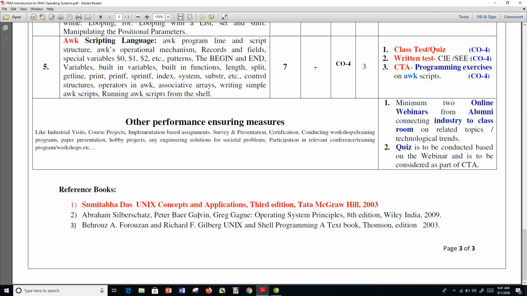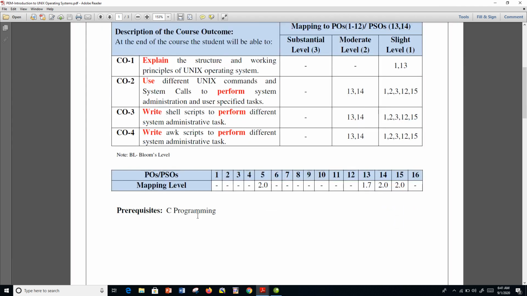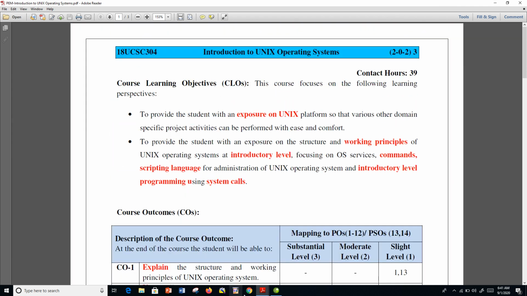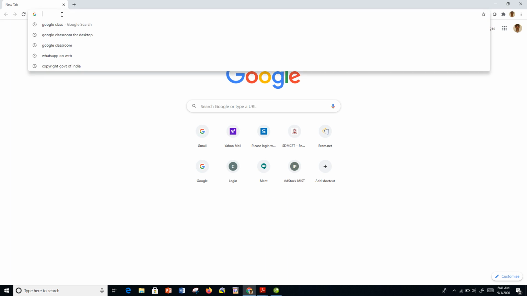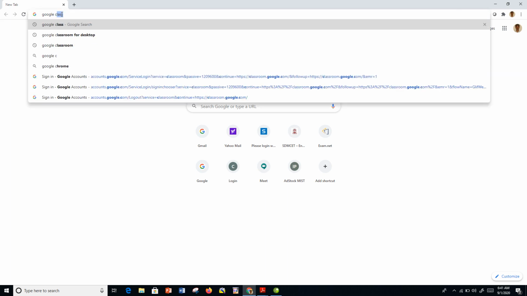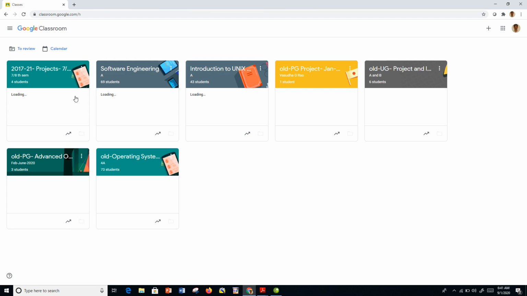How do we do it? All these things are available in Google Classroom, and you can get into those aspects. Let me tell you about Google Classroom. I'm now connecting online. You can see all these things already. Many of you have registered in it. Through this Google Classroom, all our communication will be done. Short communication we will do through the WhatsApp group created. Please join and stay connected with that.